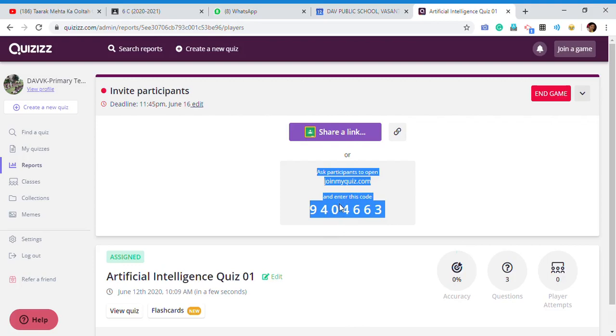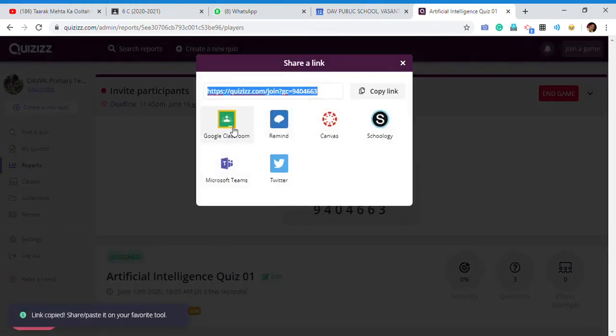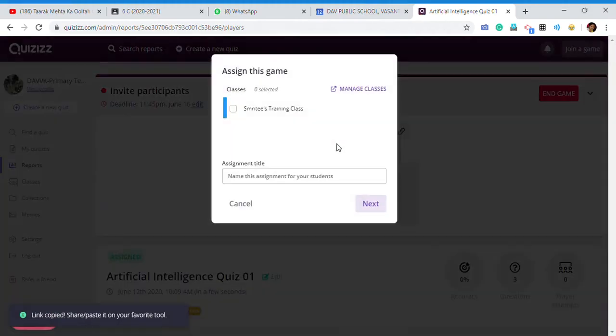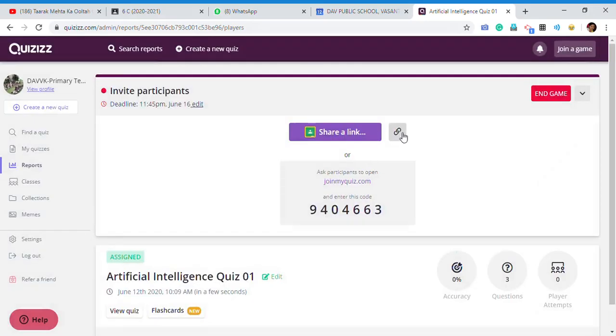If you want to share the game code, then the student will need to click on this link and then put this game code here in the box, and they can play the game. Or the second option is this URL, and third is to share a link in Google Classroom directly from the quizzes. You can do it also. If you click on it, then you have to select Google Classroom, and in Google Classroom, by default, according to your email ID, it will give you the options for your classes. You can continue from there also, but otherwise the best is to copy the link.